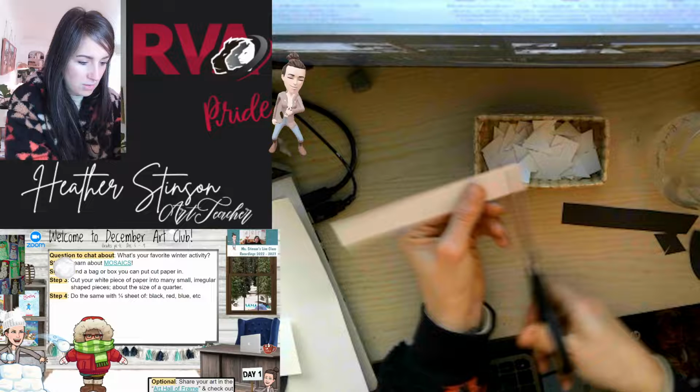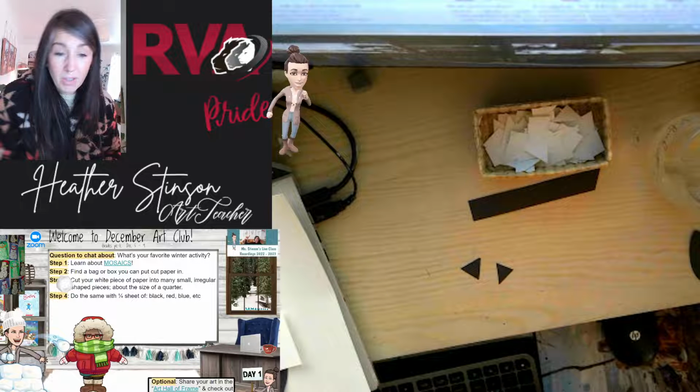So once you're done with the white, for a lot of us, we're going to probably want to use black for the eyes and the mouth, right? Represents the coal that we usually think of when we think of snowmen. So you might choose to do shapes kind of like this. So imagine